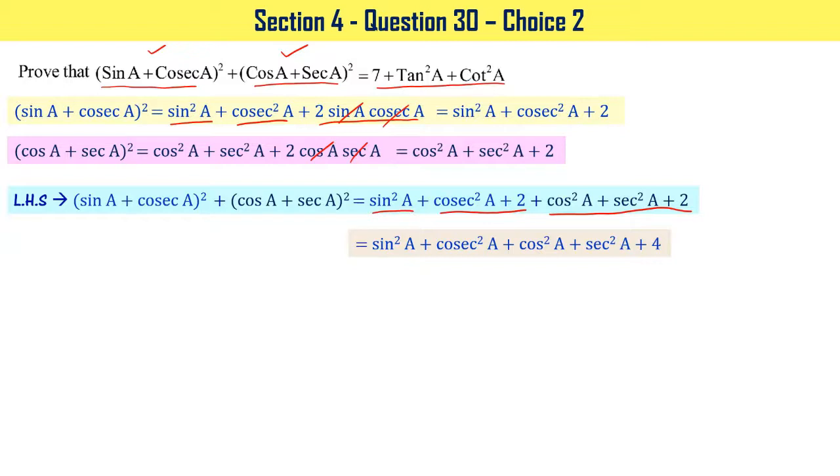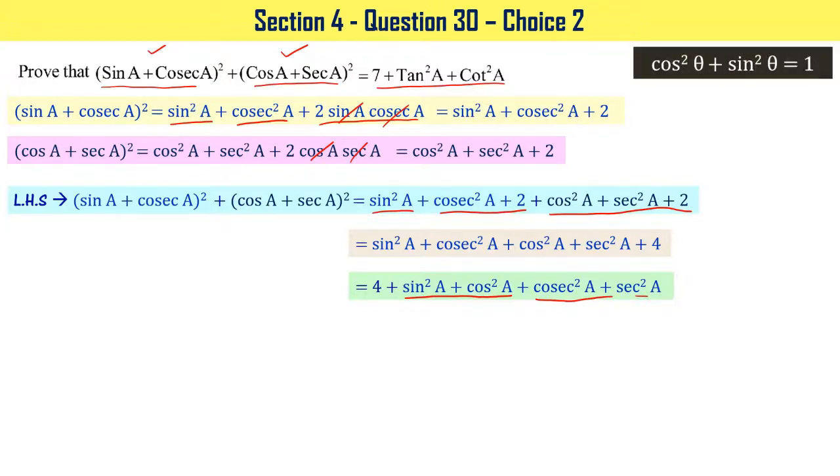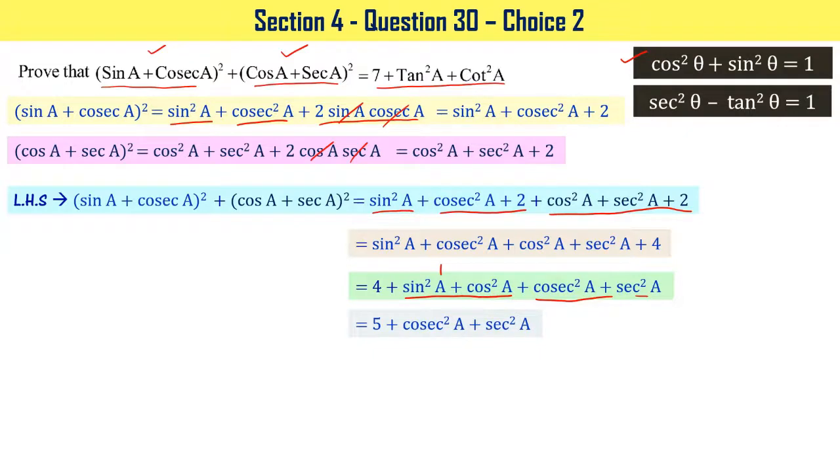This can be written as sin square A plus cosec square A plus cos square A plus sec square A plus 4. Let me rearrange it such that I can write it as sin square A plus cos square A. This is one identity. It says that sin square A plus cos square A equal to 1, right? And let's write the remaining terms as is. Now as per this particular identity, cos square theta plus sin square theta equal to 1, I can write it as 1, right? We know that cosec square A and sec square A